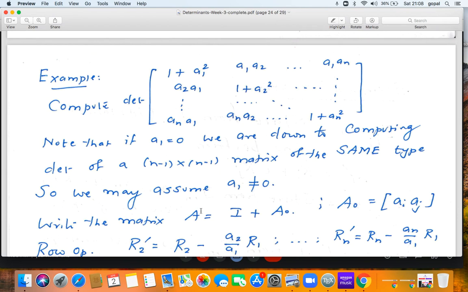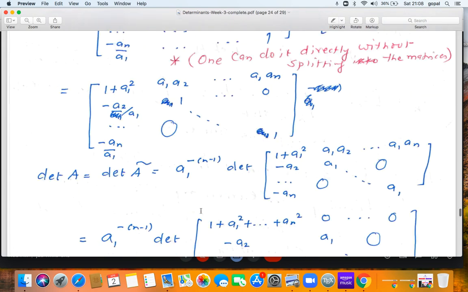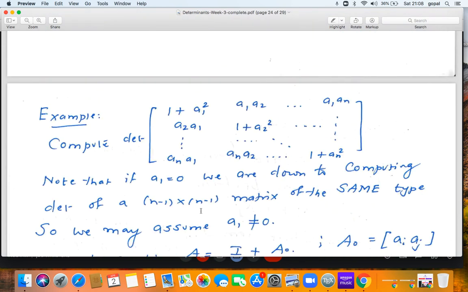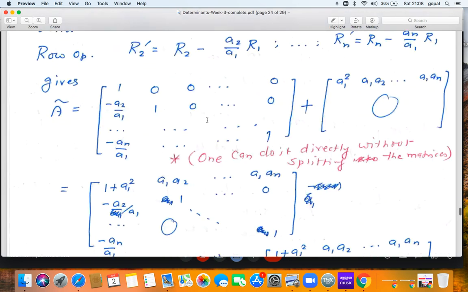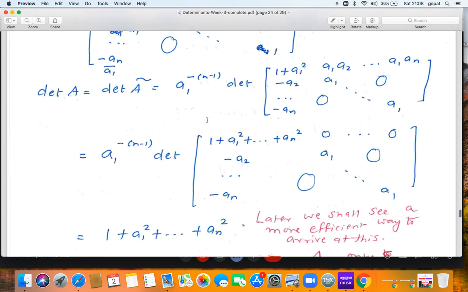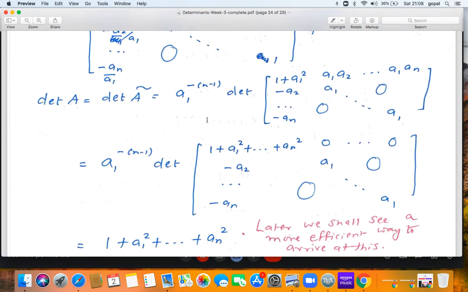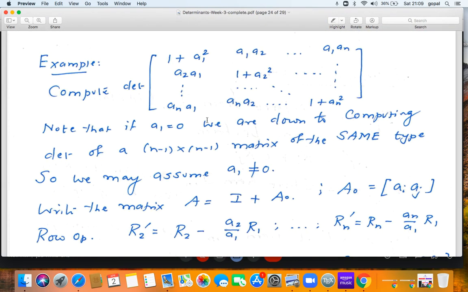Later on, we shall see a way to arrive at this determinant without performing any calculations. Directly by inspection, we can get the value of this determinant after we do the chapter on eigenvalues and eigenvectors. After we do that chapter, we shall find a more efficient way to arrive at this same result. So that is a nice example, and I specifically chose it because it appears very frequently